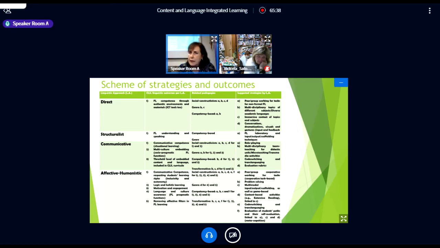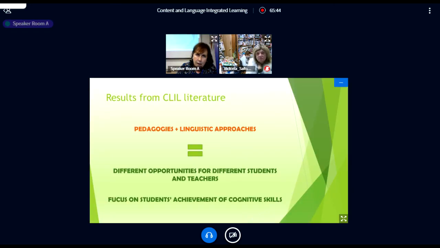So they used it, and we couldn't have clear-cut answers because they are not in the literature as well, about how students can achieve linguistic outcomes in CLIL classes through pedagogies. It depends, we all know, on teachers' choices and prior training, on students' attitudes and learning styles, on skills and relationships which are created in the classrooms.